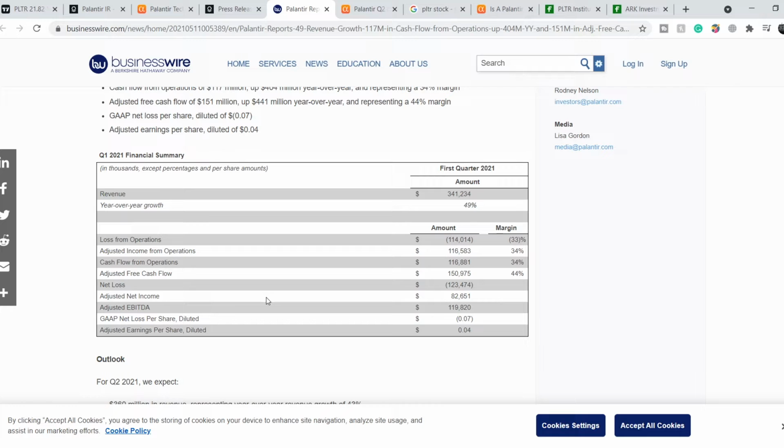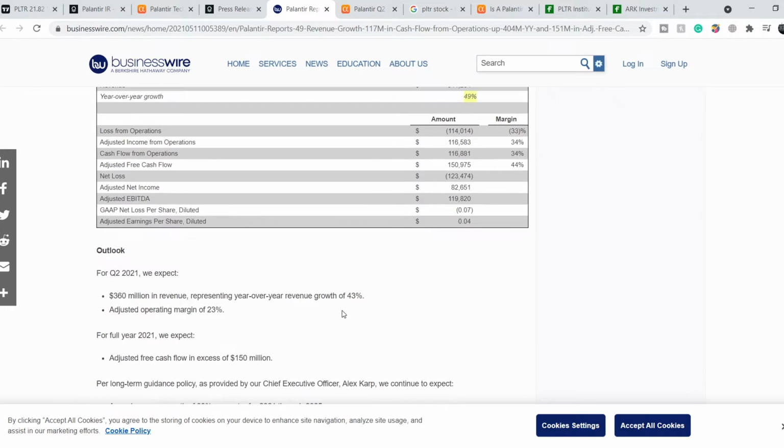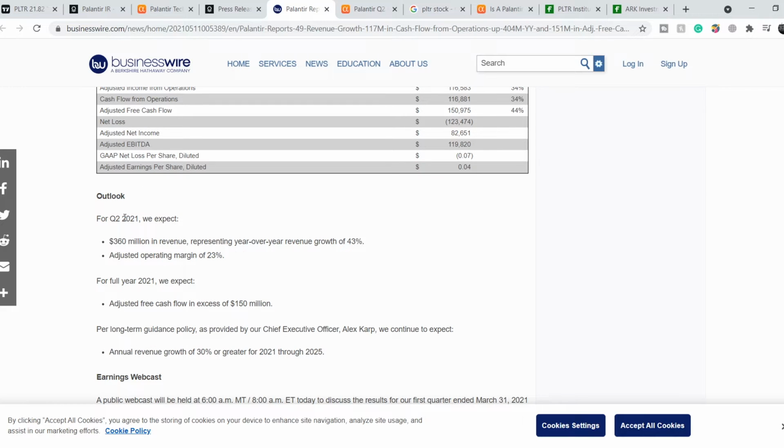And it was very good. They had a year-over-year growth of 49%, and they expect for Q2 2021 $360 million in revenue, representing year-over-year growth of 43% and adjusted operating margin of 23%. And these are very good numbers, but I have to say, in my opinion, they will beat these expectations